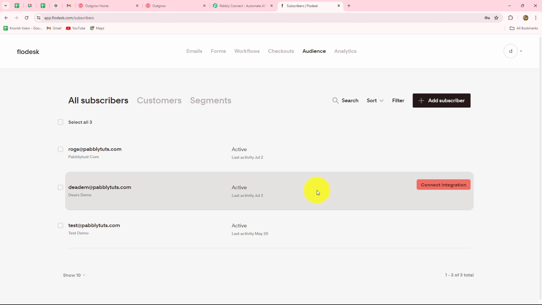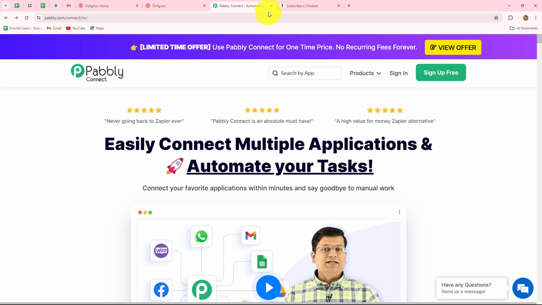I'm not going to use any kind of coding and programming skills for this entire process. I will simply use Pabbly Connect, which is an amazing automation and integration software. So Pabbly Connect helps us to set up connections between different applications, which will help us to automate all our repetitive tasks easily. So this is the homepage of Pabbly Connect, where we can reach by typing the URL pabbly.com/connect